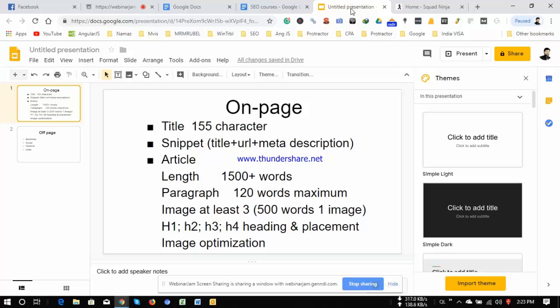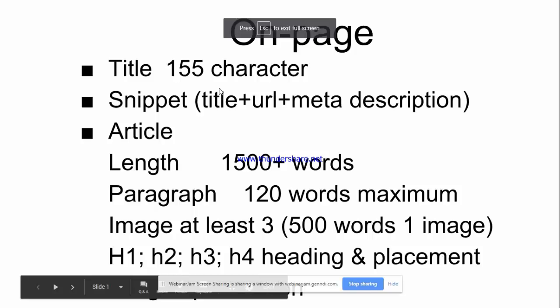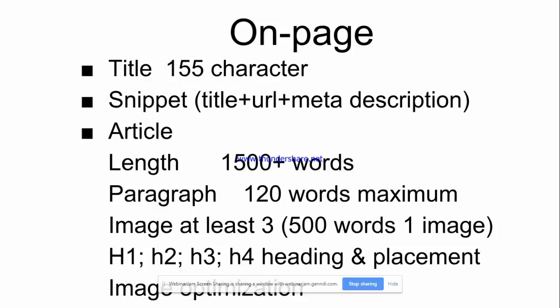For on-page optimization, the most important thing is the character count. We have to keep the title length within 155 characters. There are many guidelines. Once upon a time, Google preferred 172 characters. Google still says it prefers 172 characters, but the best practice is 155 characters.